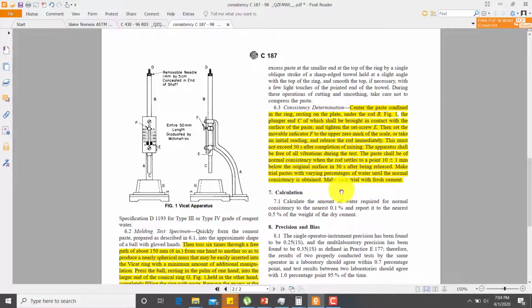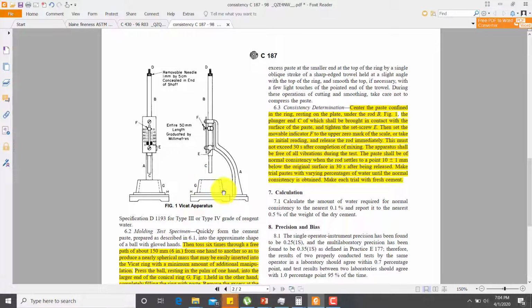While performing the test, you will prepare the cement paste and insert it into this ring. The time must not exceed 30 seconds after the mixing. As soon as you are done with the mixing, you put your sample into this ring